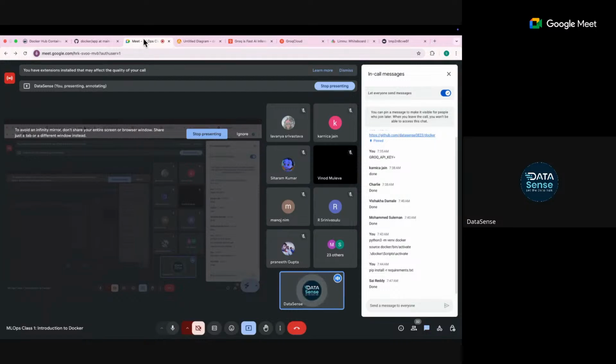We will have at least 10 to 12 sessions on this. I'll cover all the major concepts and major tools which are used in MLOps, LLM ops, or data engineering development, and we'll go through them one by one. Today we are starting with Docker, but we will take up all the tools which come into play. So, are you good to begin? Anyone have any doubt before we start? These sessions will be available on YouTube later, but try to attend in real time. It gives better exposure, but again, it's your call.